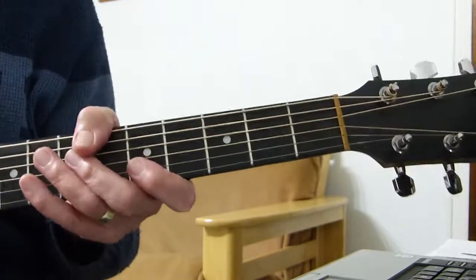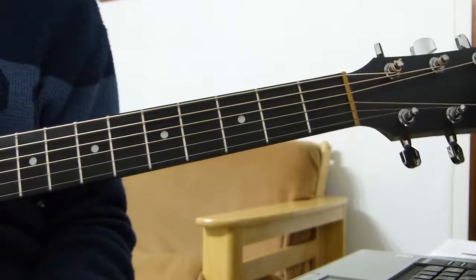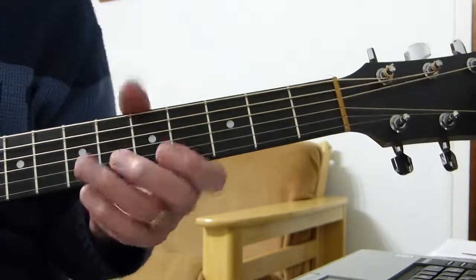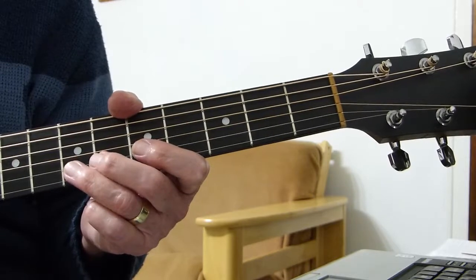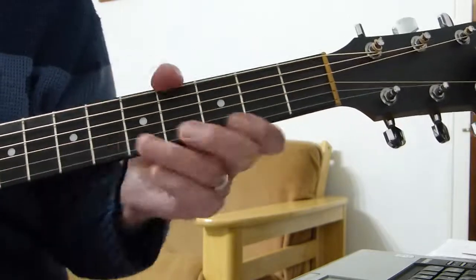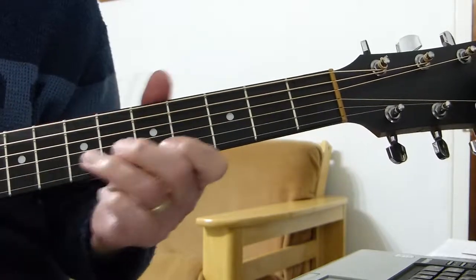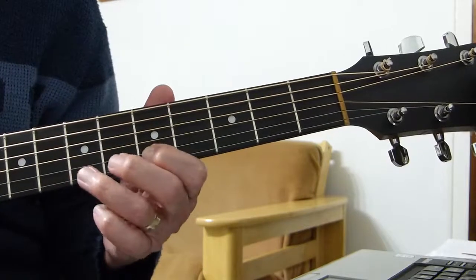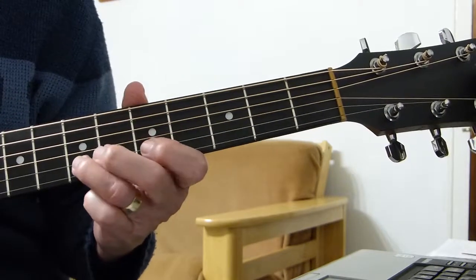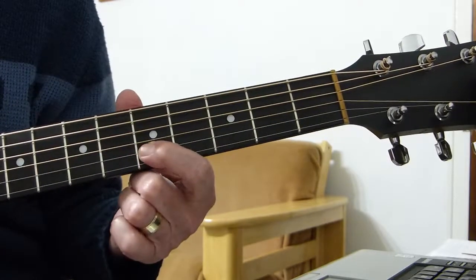Now, I've listened to it quite a lot, and there's no one on the net that shows you how to play it that I can see. And I've listened to it really hard, and it's extremely fast, and it's extremely difficult to hear what's being played. I get the feeling that whoever's playing it normally plays a banjo or something. But the nearest I can get to it is that sort of thing, right? So which I'm playing 7th fret on the 2nd string, and it's hit the note, pull it off, so it lands on the 5th fret of the 2nd string,